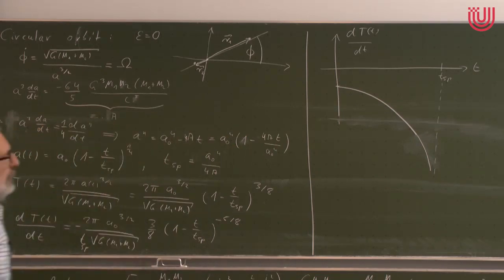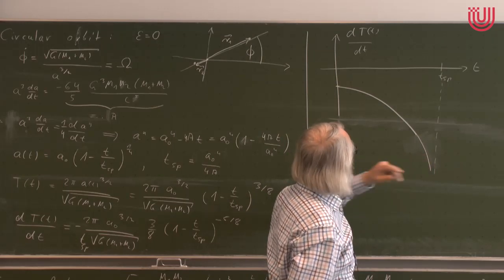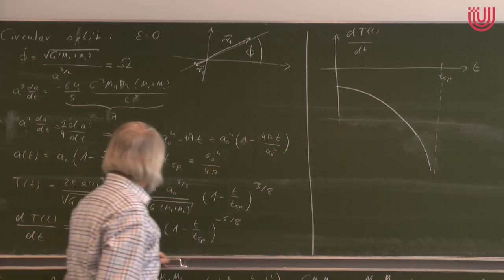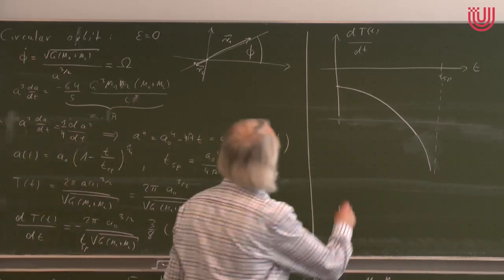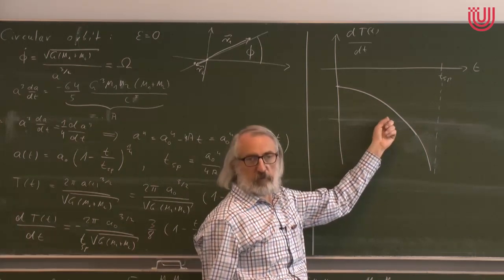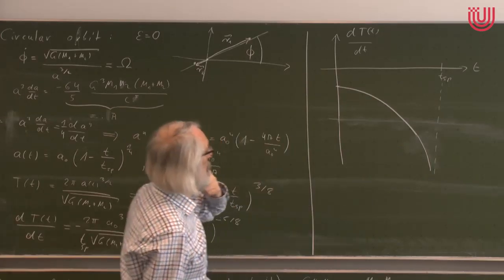Of course, the final phase is not realistic. Here we cannot use our approximation, but for this entire branch, it's a very good approximation. And I think you have seen this graph. That has been confirmed by the Hulse-Taylor pulsar with incredible accuracy. I will show you the original